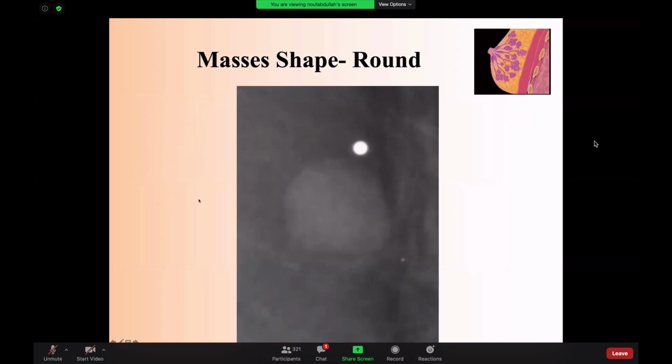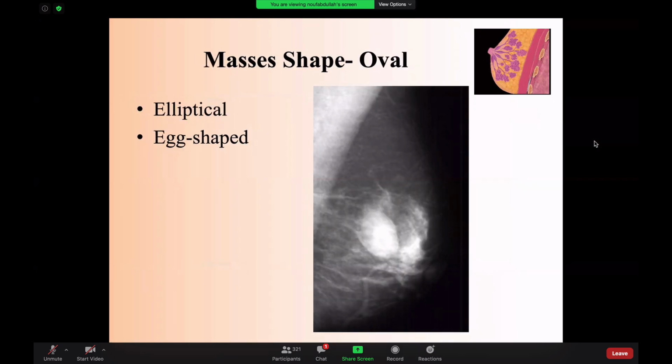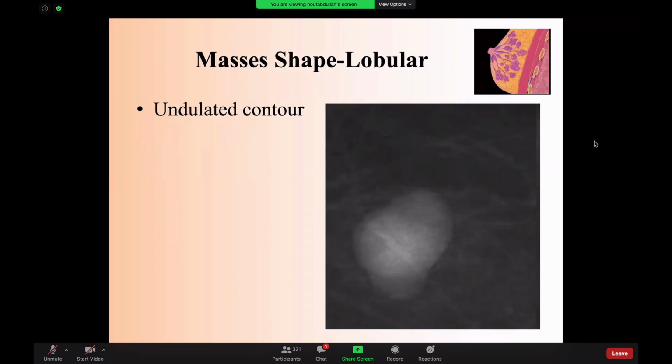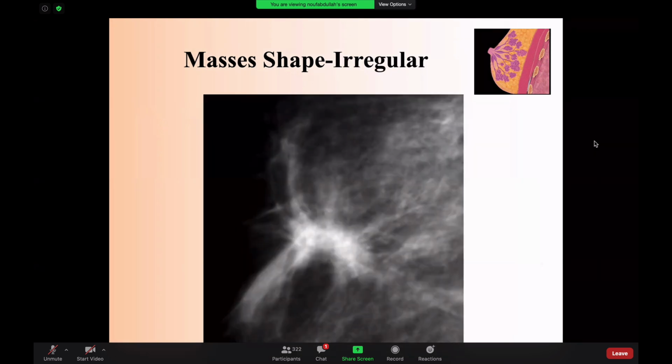So this is just an example. If you look at this image, you see that on the mammogram, you have a rounded lesion. So round, I know that most likely I'm dealing with a benign lesion. Another shape is elliptical or oval shape. Usually it is benign. However, some of the malignant lesions can present as what you can see here. Lobulated, when you have these small undulations on the margins or on the shape of the lesion, again, this could be benign, could be malignant. So it's not very specific.